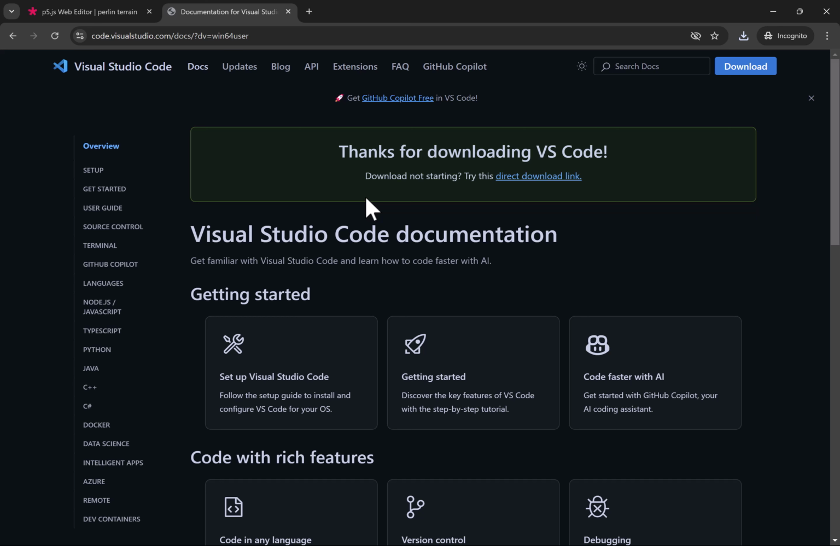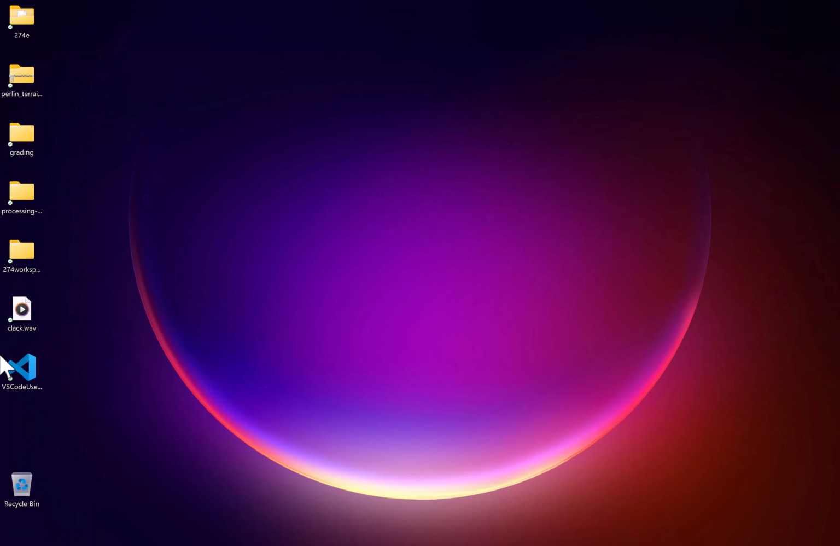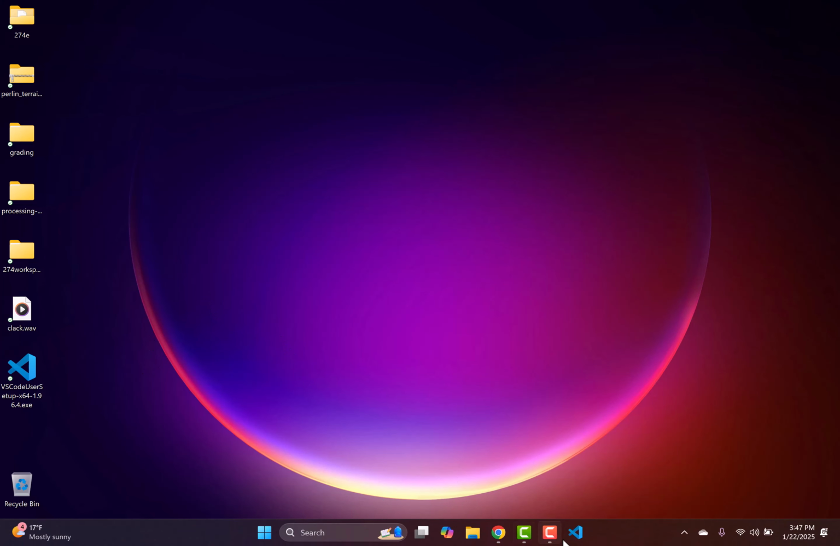You can go to Visual Studio Code or visualstudio.com and go ahead and download it if you haven't already. I've downloaded it and I've installed it, but I haven't set it up yet for p5js. I'm going to show you how to do that. So if you haven't already, go ahead and download and install Visual Studio Code. And now I'm going to go ahead and run VS Code and show you what you need to do to